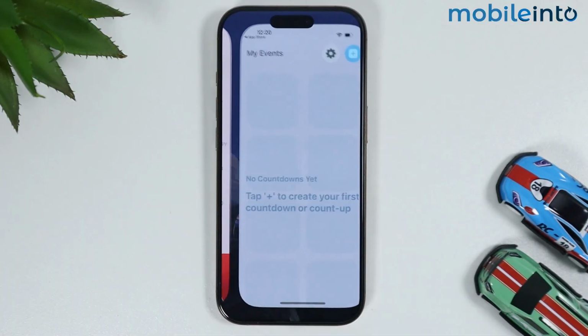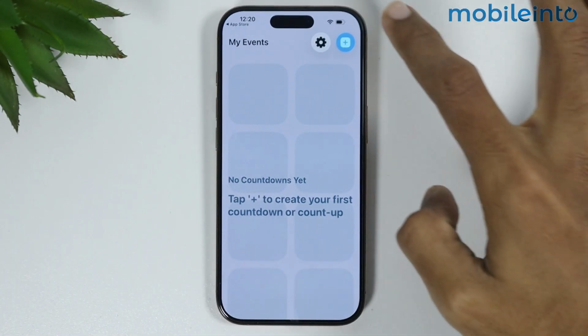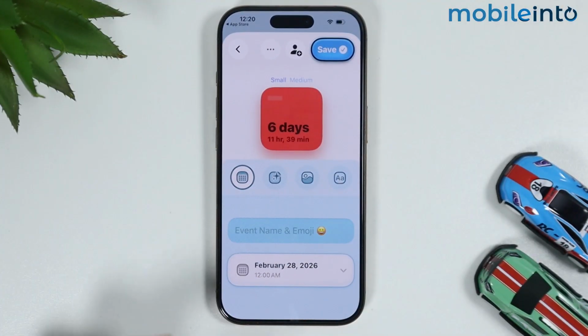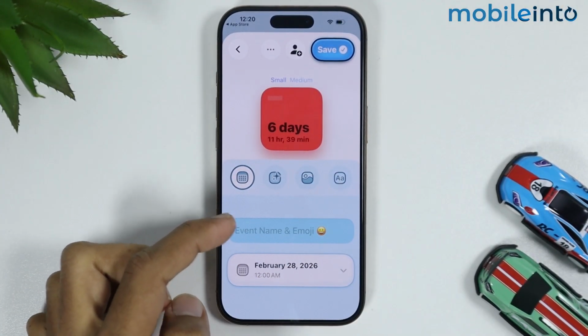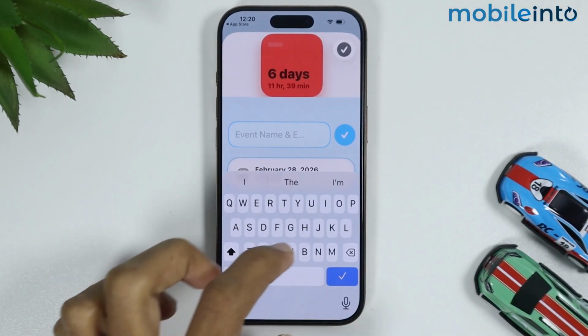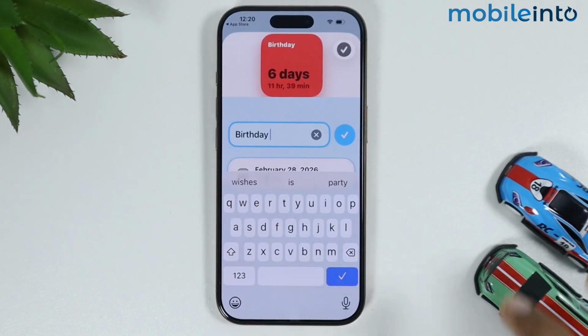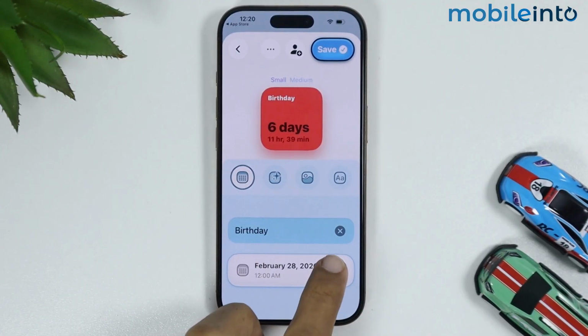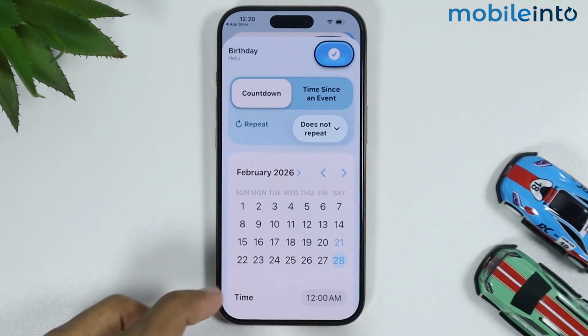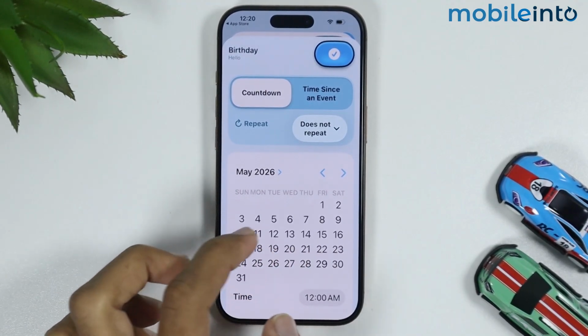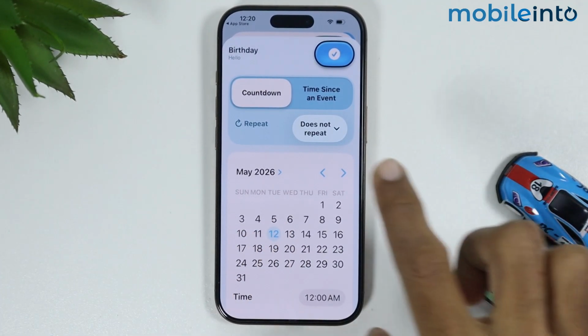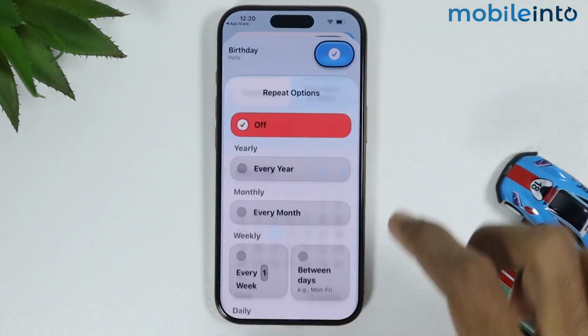then tap on Open. Now to create a new widget, just tap on the plus icon. Now in this section, just enter the name of your event. For an example, I will enter birthday, then tap on Done. And from here, just select the day of the event. For an example, I will select this date, then in front of repeat, just tap on this drop down arrow